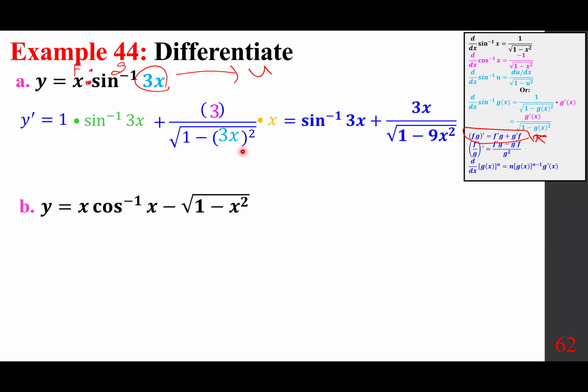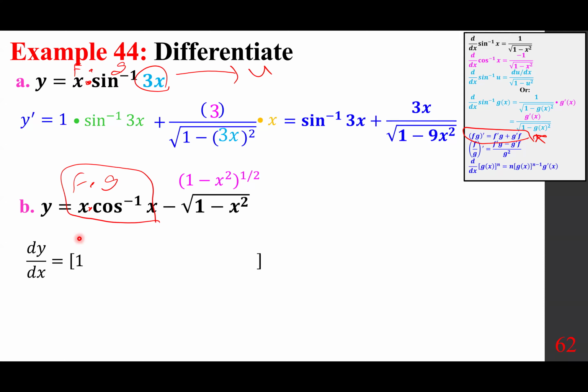Y equals x cosine inverse x minus square root of 1 minus x squared. So we change this to 1 minus x squared to the power of 1/2, and we put a raised dot here. So this is f, this is g, requiring the product rule. So the derivative dy dx of y prime is 1